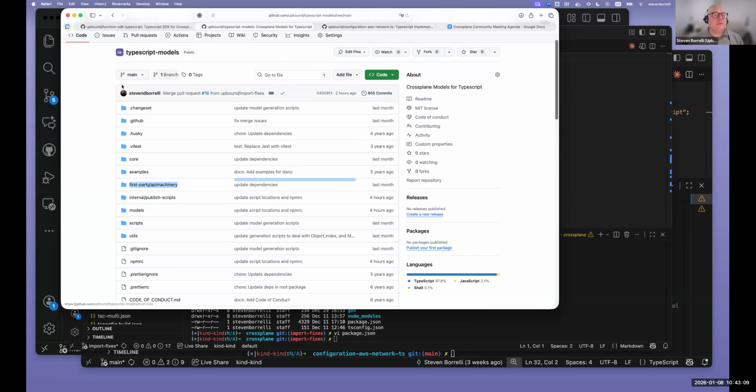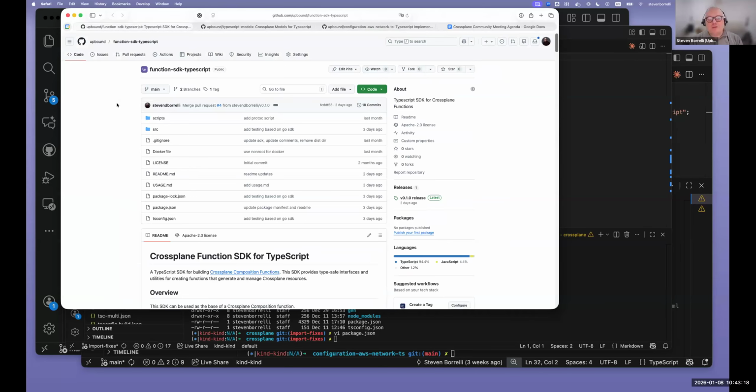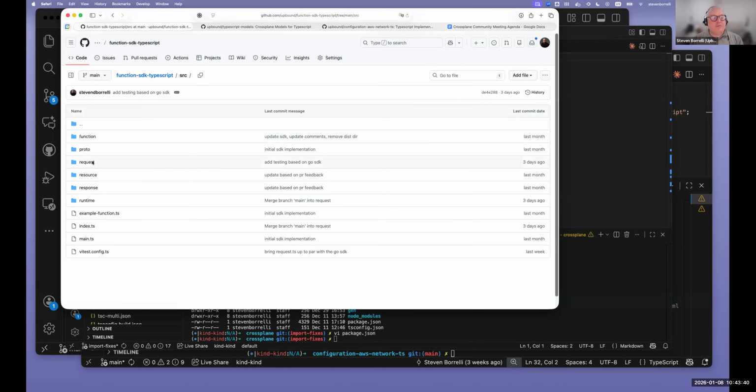All right. The last part about it is the SDK. The way Crossplane works is there's usually an SDK that comes with everything, and a project template. Both of those are usually hosted in the Crossplane org. I do have a project template too, but it needs a tiny bit more cleanup. So what we want to talk about here is the function SDK. If you've ever worked on an SDK before in Crossplane, you'll see things like protobuf request and response in the runtime, right?